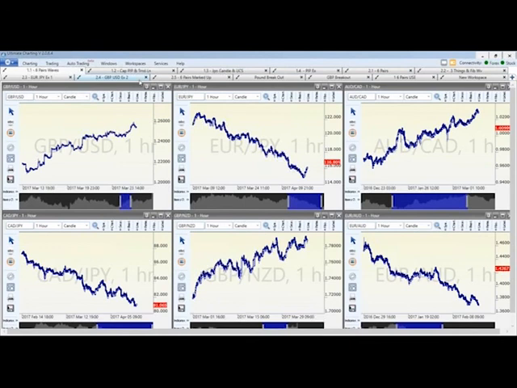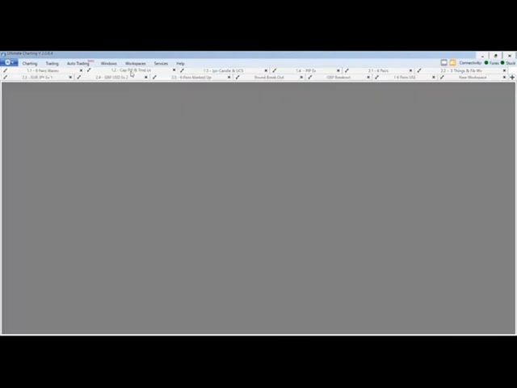So right here, an example. If you take a look at the charts, you're going to notice this is like 6 different pairs right now. And you'll notice how they're either trending up or trending down. That is very typical of what goes on in the Forex market. It doesn't go sideways. It generally moves in what we call waves. And I'm going to pick on this first one, the GBPUSD. I'm just going to go into that one.